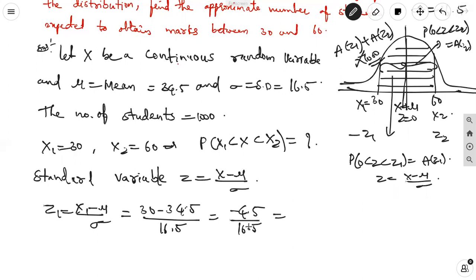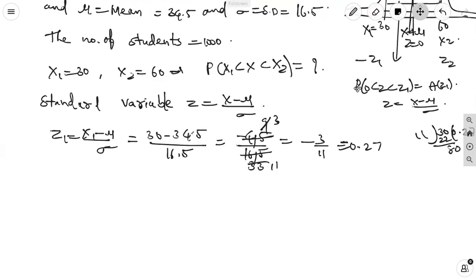The decimal points get cancelled, giving minus 3 by 11, which is 0.27 with the negative. So z1 is equal to